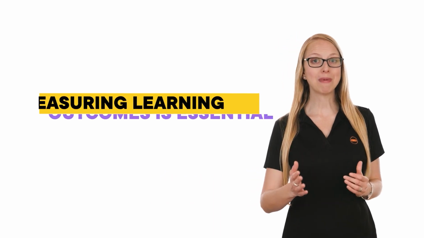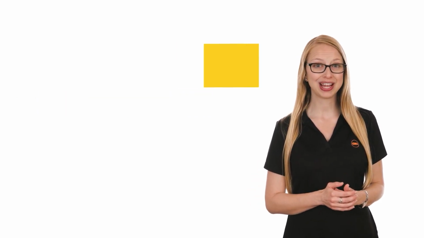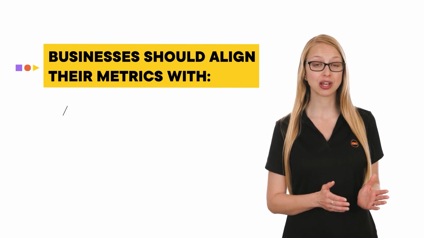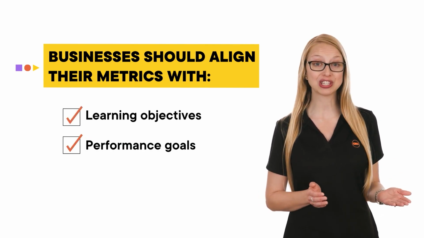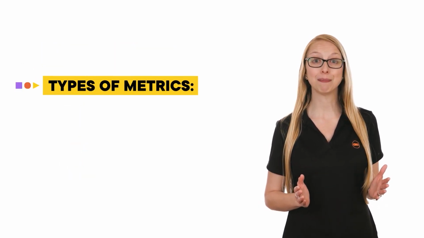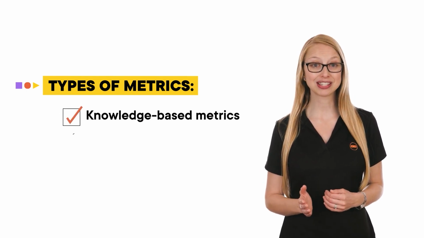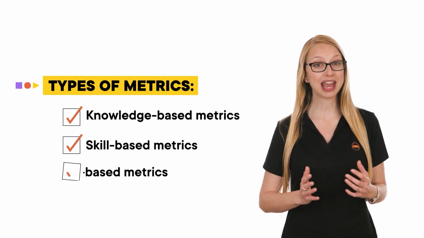In conclusion, measuring learning outcomes is essential for the success of corporate training programs. Choosing the right metrics is critical, and businesses should align their metrics with their learning objectives, performance goals, and business objectives. Different types of metrics can be used to measure learning outcomes, including knowledge-based metrics, skill-based metrics, and behavior-based metrics. Analyzing and interpreting learning outcomes data will provide businesses with valuable insights that can be used to optimize the learning